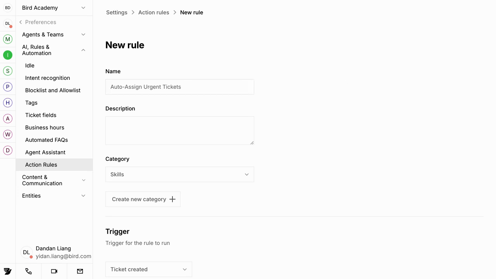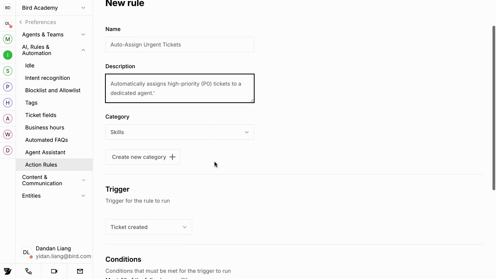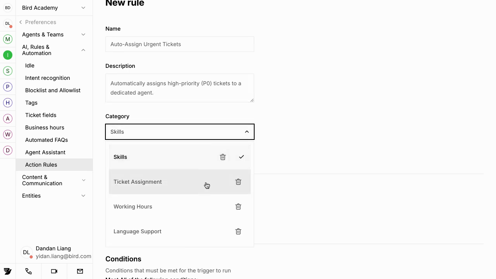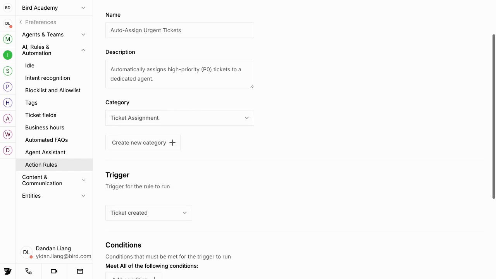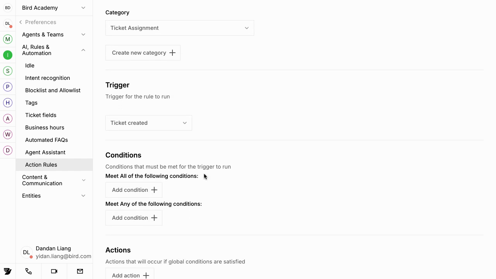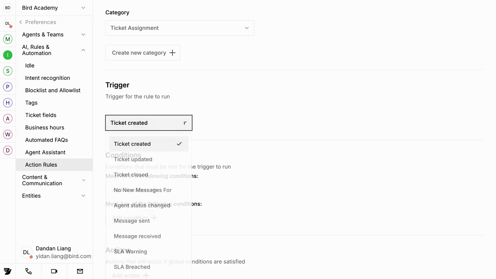First, give your rule a clear name, like Auto Assign Urgent Tickets, and add a brief description explaining what it does. There is also an option to select a category to keep things organized. Next, we need to set a trigger, which determines when the rule will activate. In the drop-down menu, select Ticket Created, since we want this rule to activate as soon as a new urgent